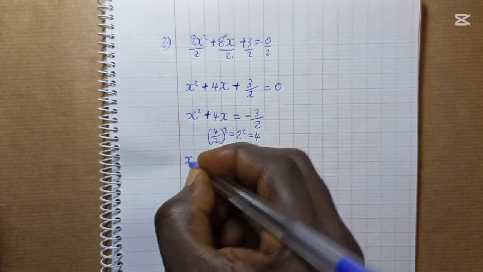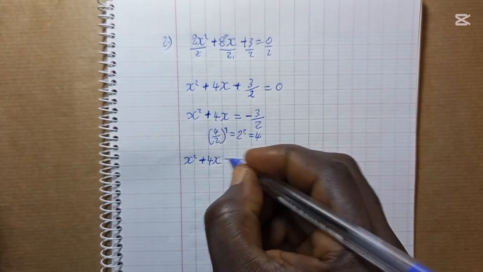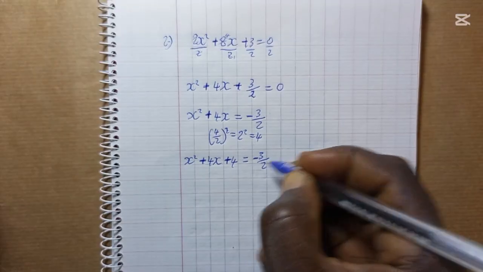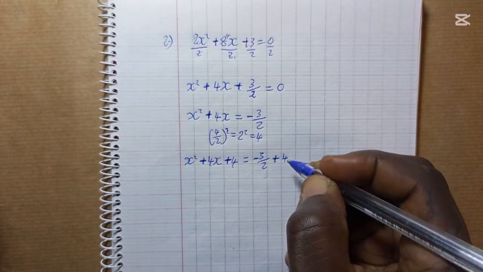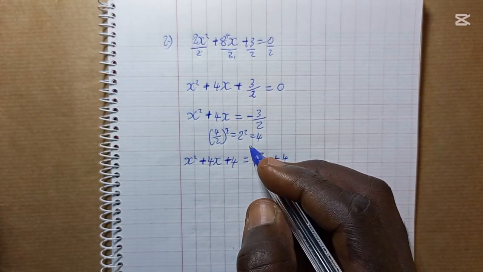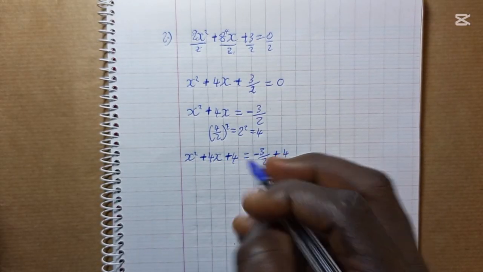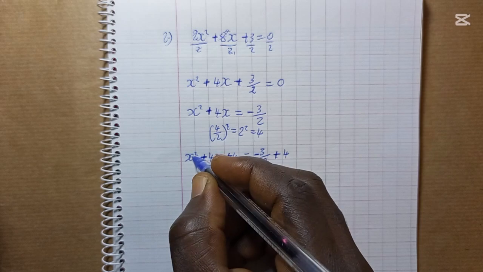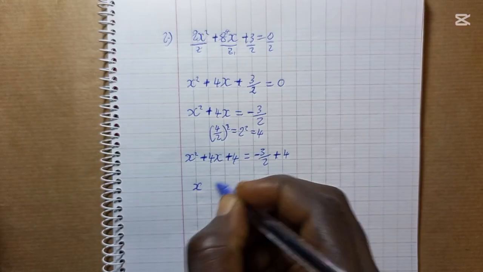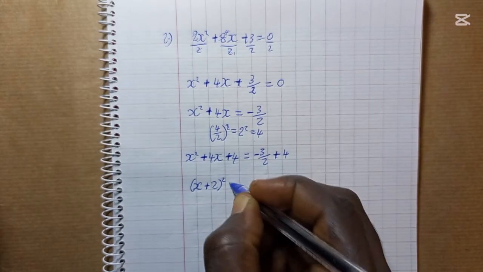So we have x squared plus 4x, then plus 4 is equal to minus 3 over 2 plus 4. I just added 4 to both sides of this equation here. So the next step is to make this a perfect square. What times what will give us x squared is simply x, and what times what will give us 4 is 2. So (x plus 2) squared is equal to